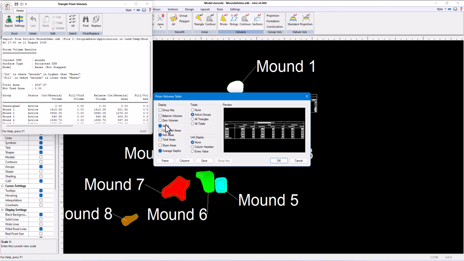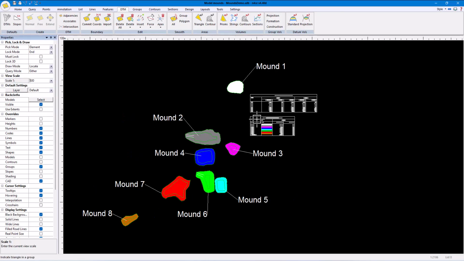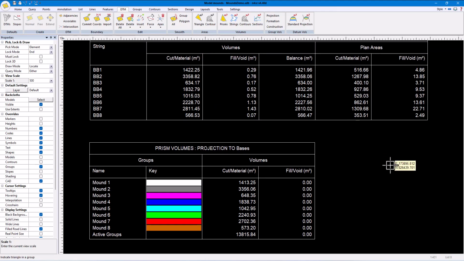Finally, we will plot the simplest table with just the cut and fill values. If group labels are not ideal, then the group fills can also be added into the table of results. Placing the Prism volumes table next to the string volumes table allows us to compare the results of the two methods directly. For this example, our string volumes are within 1% of the actual Prism volumes, but this can only